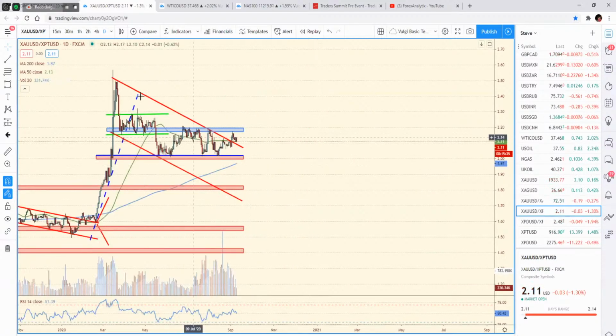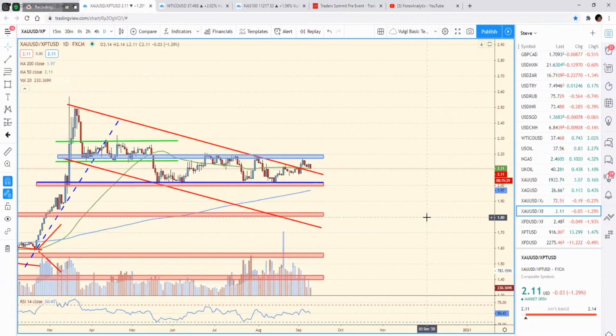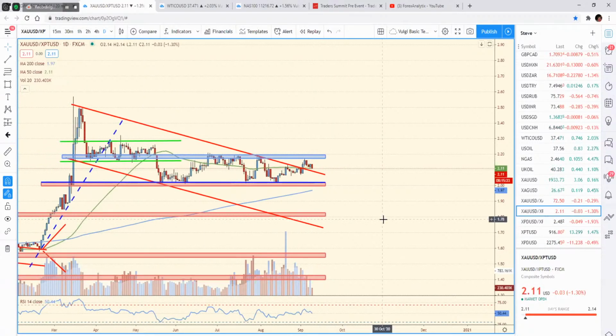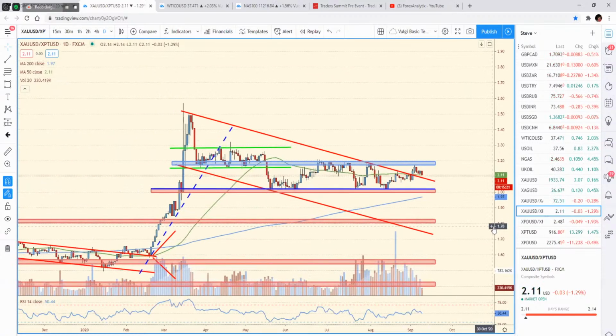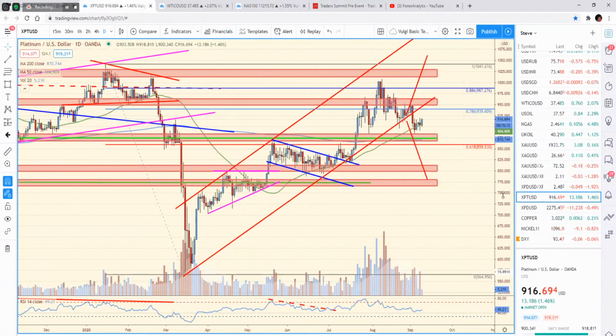And to be fair, even this recent move lower doesn't have impulsive characteristics. So I'd have to say above 220, you should be looking for more upside in the gold-platinum ratio. So platinum doesn't really look like it's ready to produce an equivalent move like silver did, at least not against gold. Now, platinum against the dollar,